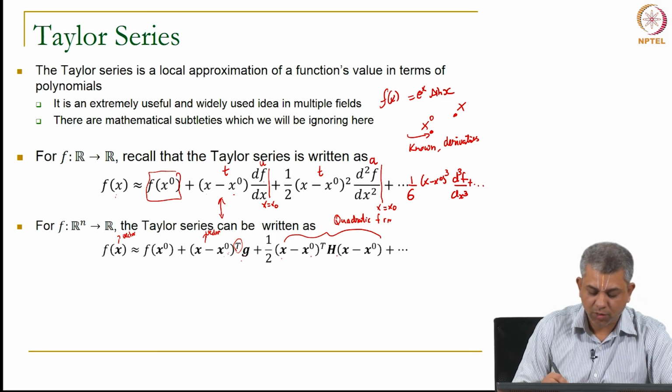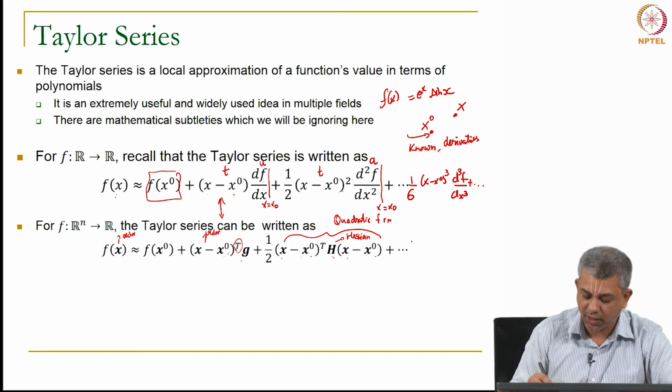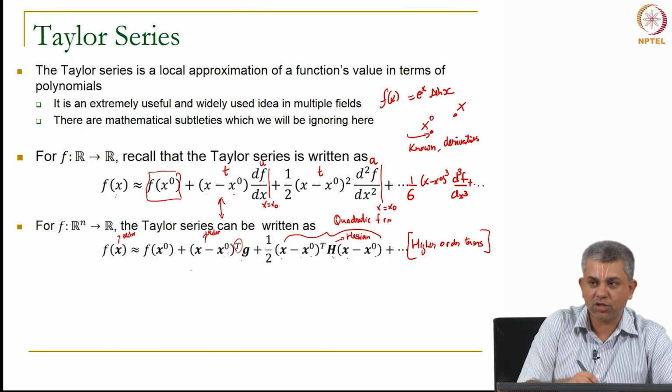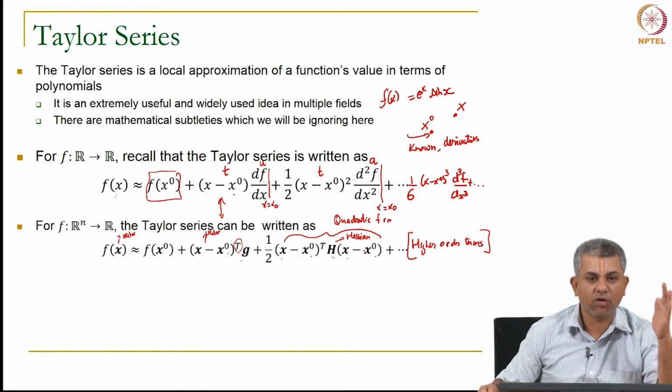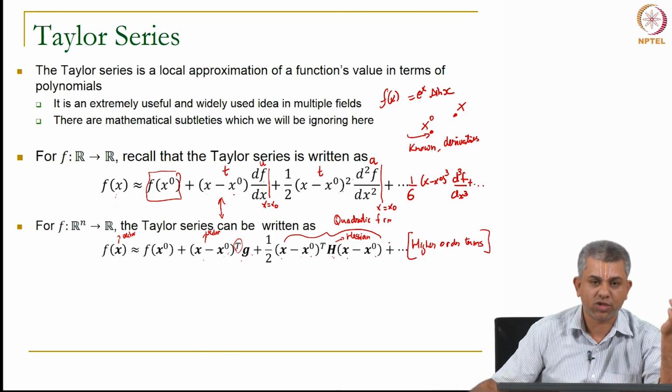So, you have x minus x naught transpose H x minus x naught, which in the scalar case will be equivalent to x minus x naught square. But in the vector case you cannot write it as x minus x naught square, it is x minus x naught transpose H, where H is the Hessian which we had seen earlier, multiplied by x minus x naught, plus higher order terms. Luckily, practically nowhere, especially in the vector case, do people use these. So, this is usually the maximum that we will go. We will go to the first order term which is the gradient and the second order term which is the Hessian, and this is sufficient for most practical purposes.